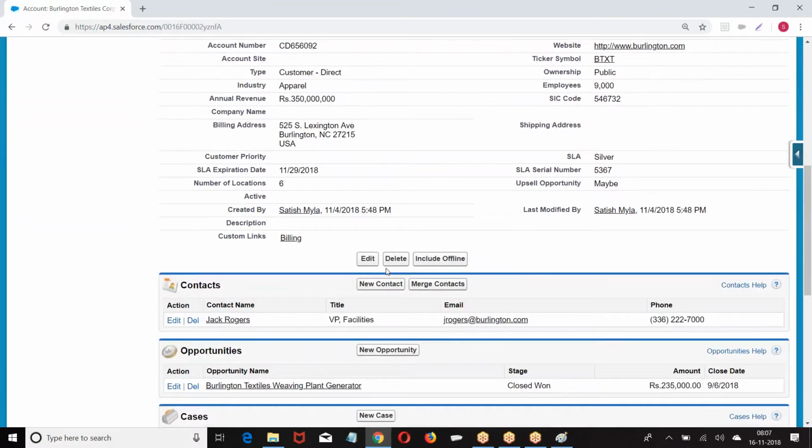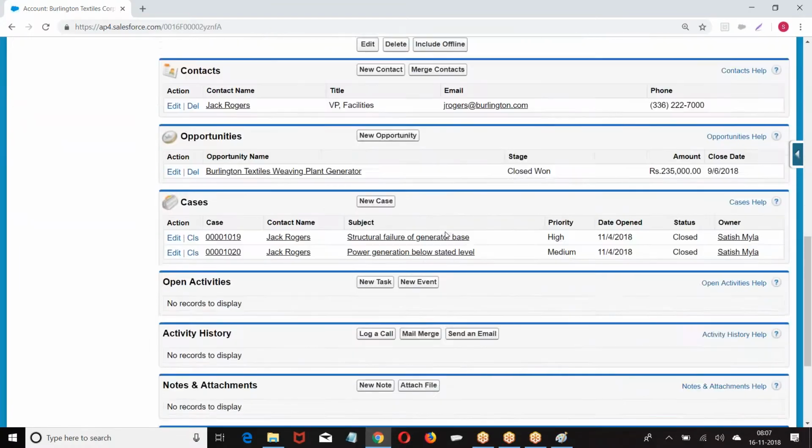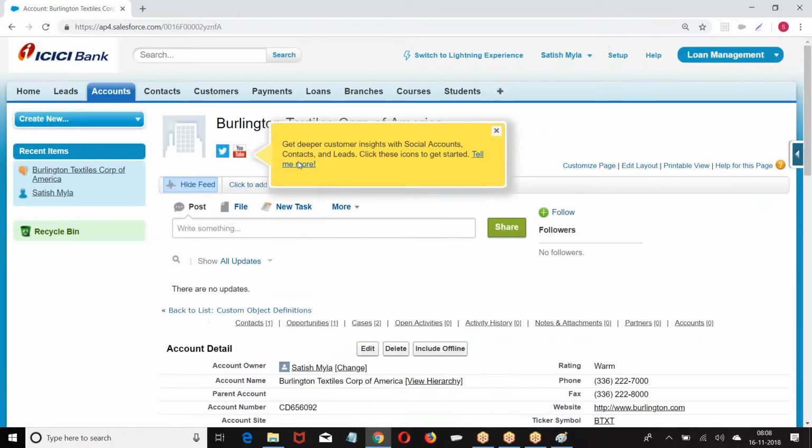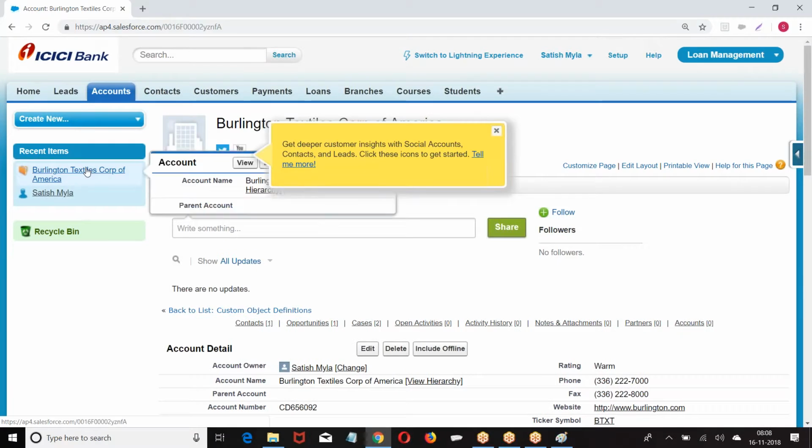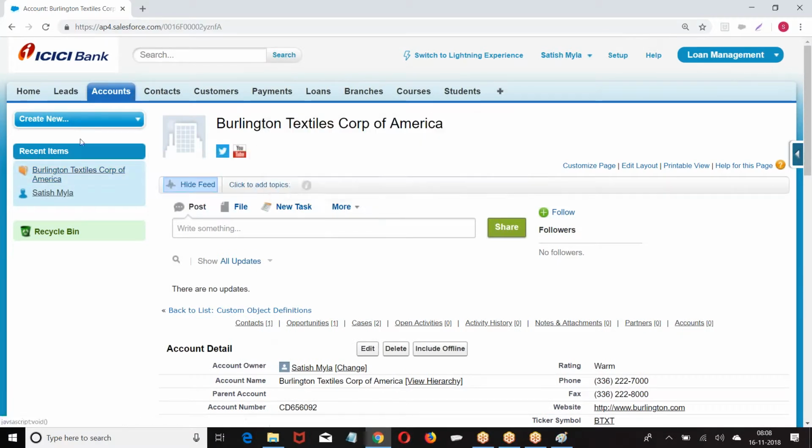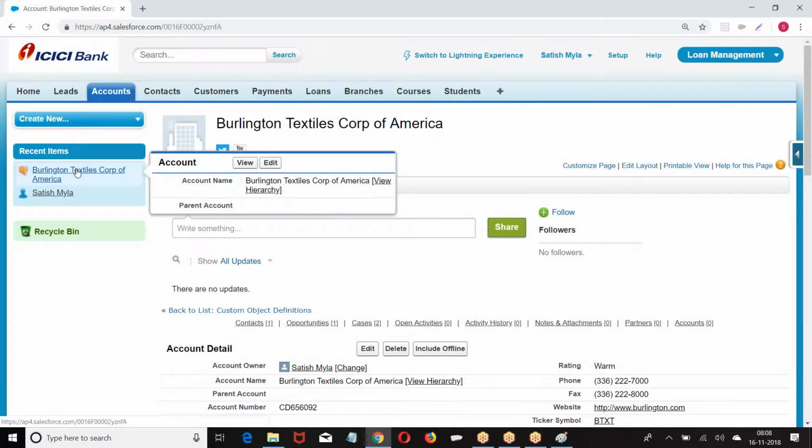This is the complete record. This is the complete record with the children and everything. But if you want to have a quick view, what do they give you? This is a quick view. Name and parent account. What was it called? Mini page layout. I don't want to see the complete record. I want to have a quick view of the record. This is what? Mini page layout. So, page layout, record type, mini page layout.